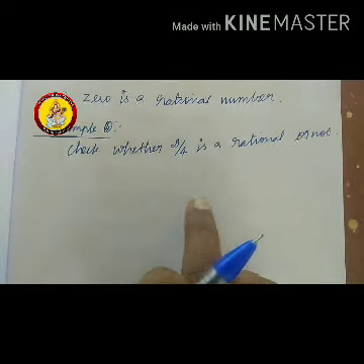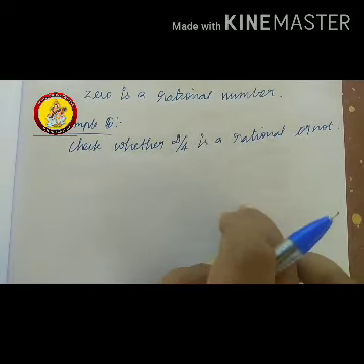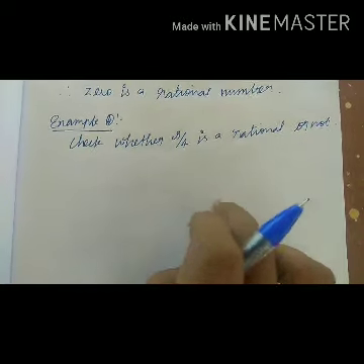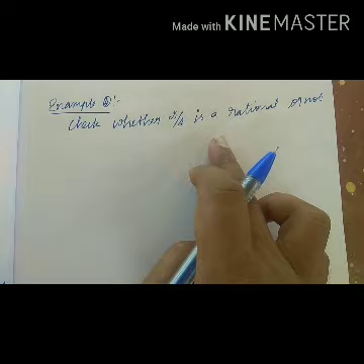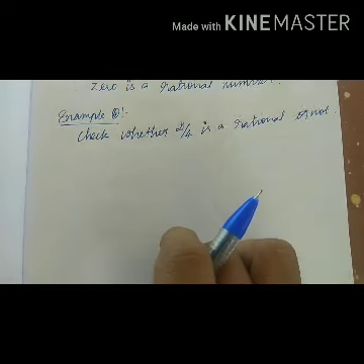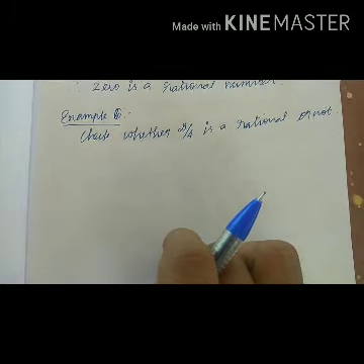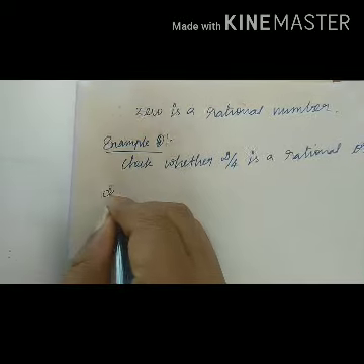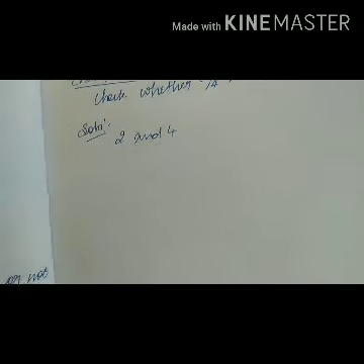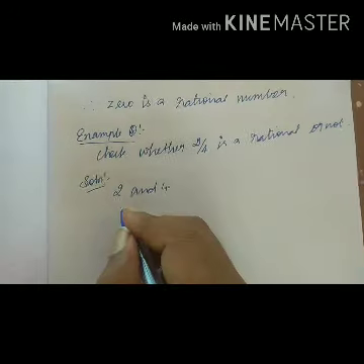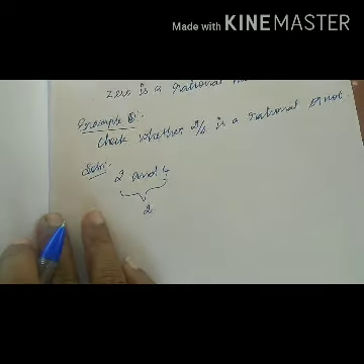P and Q are integers and the denominator Q, that is 4, is not equal to 0. 2 and 4 belong to Z and the denominator 4 is not equal to 0. Therefore, the second condition is also satisfied. What's the third condition? Which has no common factors. Here the third condition fails because 2 and 4 have a common factor of 2. Therefore, this is not in rational form.